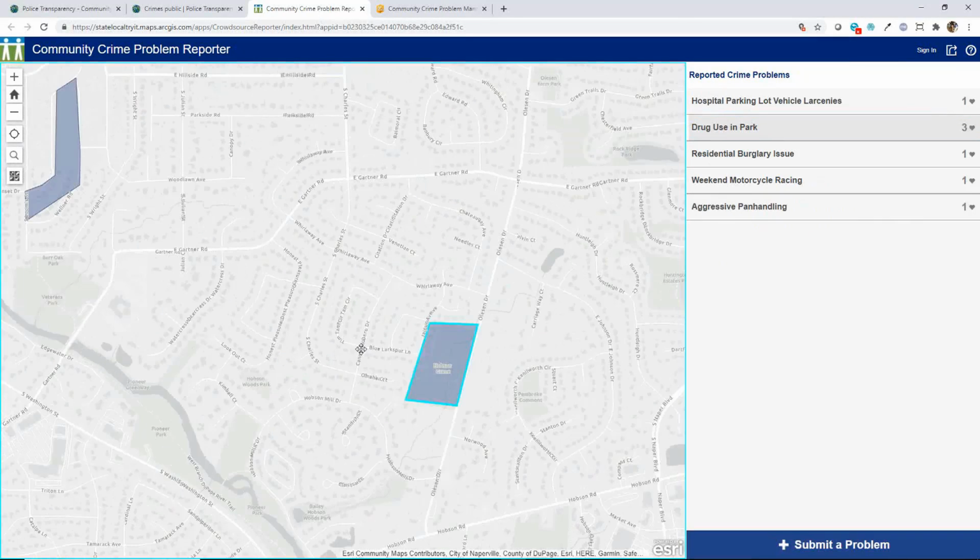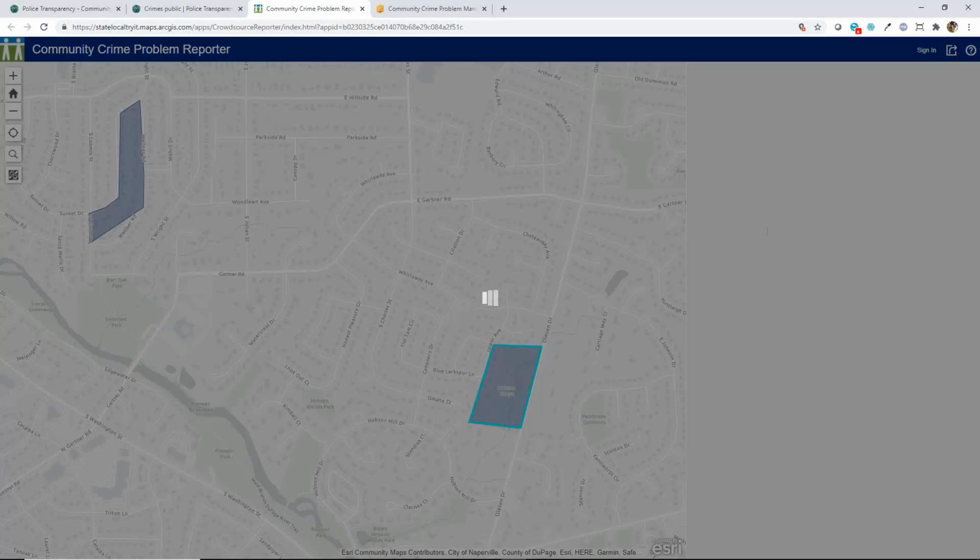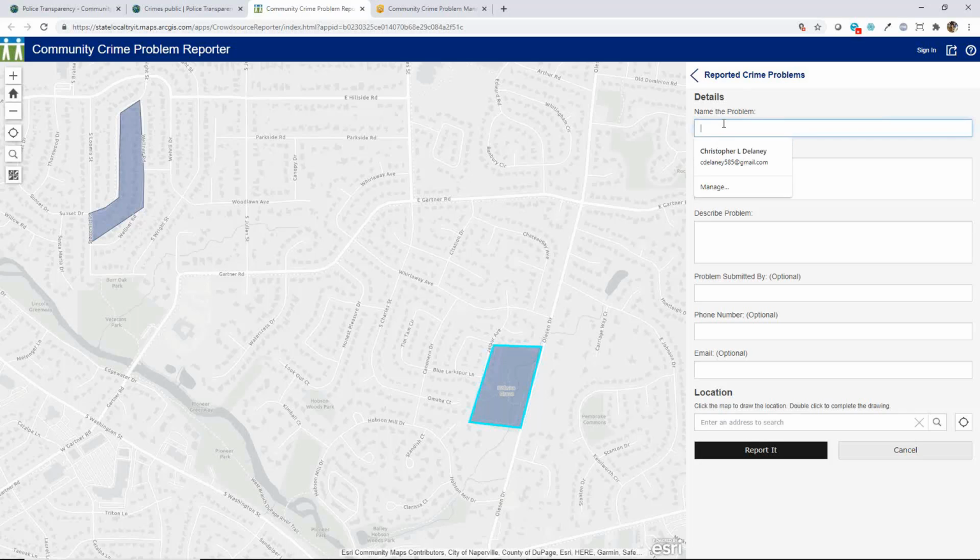I also have the ability to enter a crime problem by pressing the Submit a Crime Problem button. And from here, I can give it a name. I'm just going to call this burglary problem. I'm going to say it is on South Charles Street, 400 block. Residential burglaries